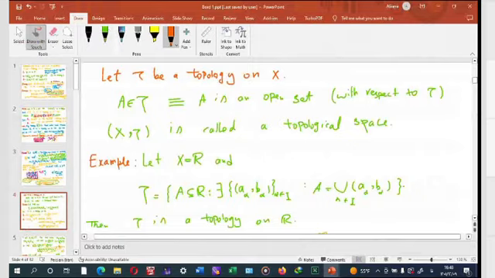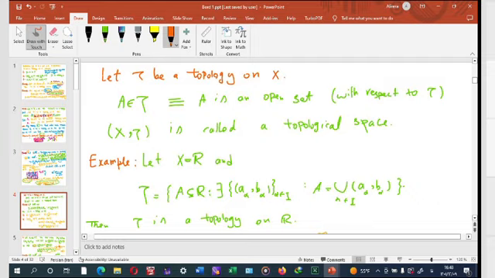Please note that this is the definition of a topological space. X and tau is called a topological space, and